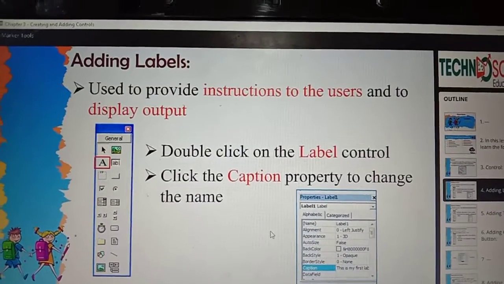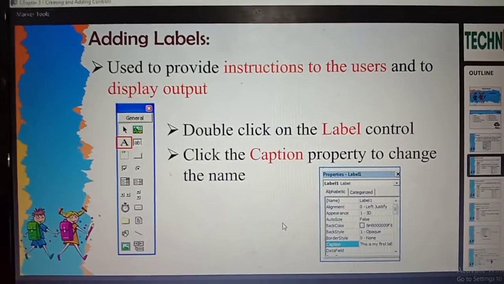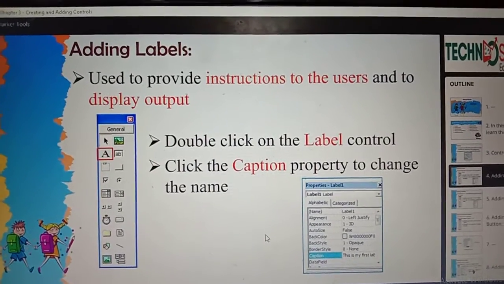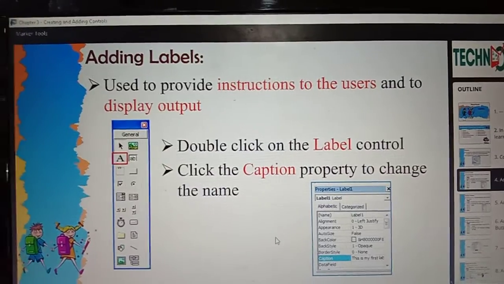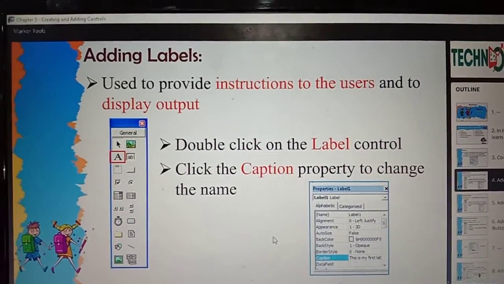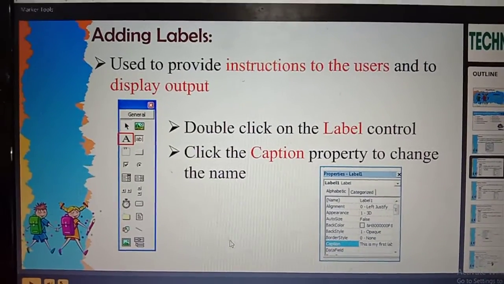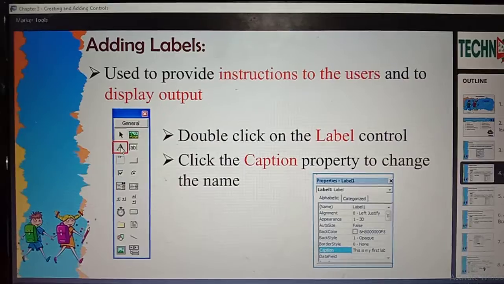Next, adding labels. We already know about the toolbox, that is, the tools available in our Visual Basic window. A label helps us to provide an instruction to the user and to display the output. See here, this is our label button.